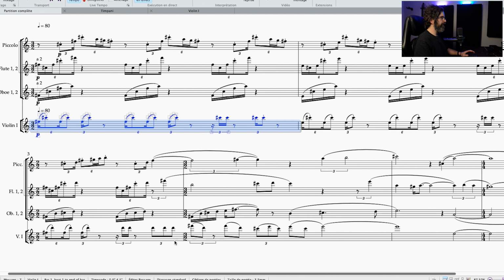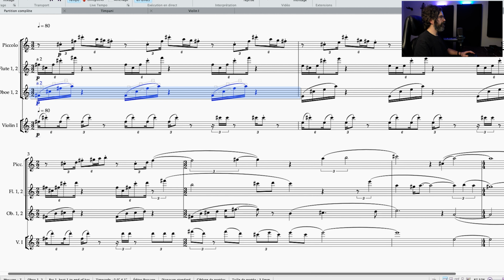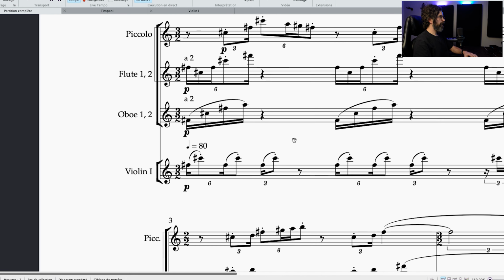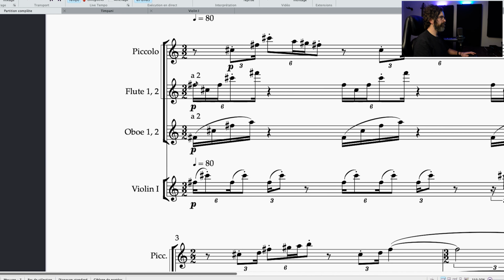So here's my violin line with my oboes, flutes, and piccolo. And see that the rhythms are complementing each other. This one is going pa-pa-pa-pam, pa-pam, and this one is going ta-tam, pa-pam, pa-pam. This means that we have notes together here, and then here only the flute, and then together here, and then here only the violin, and here only the flute and the piccolo, and then together here on the downbeat, and here only the violin.